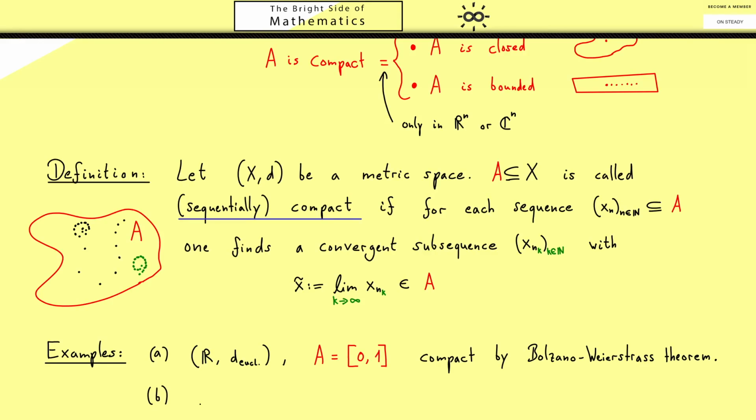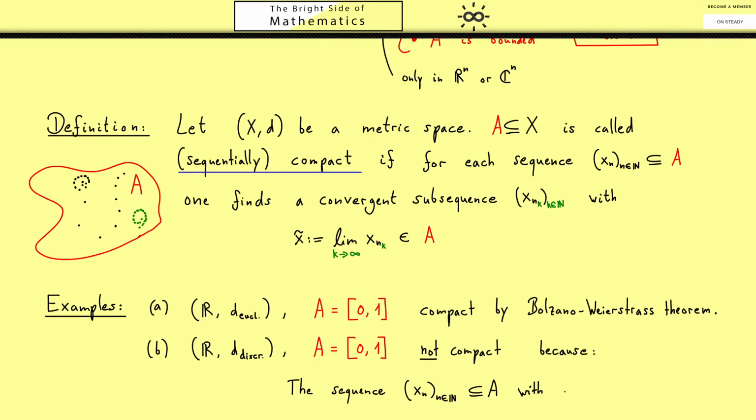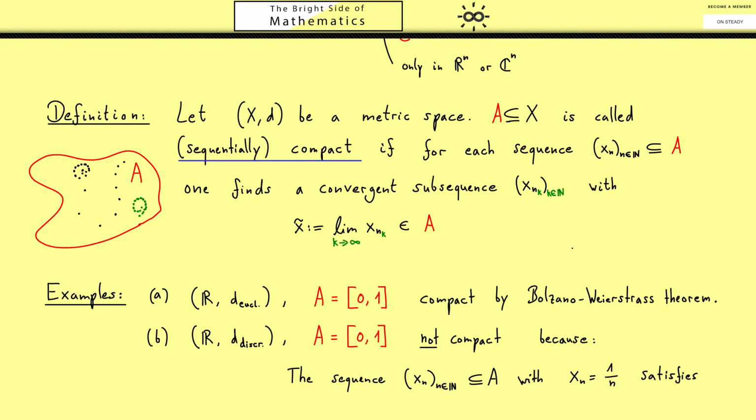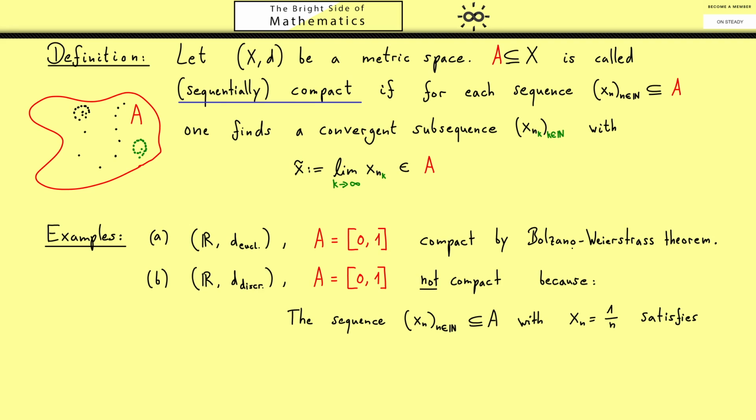Then with this in the toolset, one can easily show the equality here for Rn or Cn with the standard metric. Therefore, let's now look at the same sets together with another metric. So again, the real number line, but now with the discrete metric. Now you might already guess, in this case, the unit interval is not compact. In order to show this, you just have to find one sequence which has no convergent subsequence at all. Hence, let's simply do that. Okay, so let's choose the sequence x_n by setting x_n as 1 over n. It's a sequence inside the unit interval, but it's not constant.